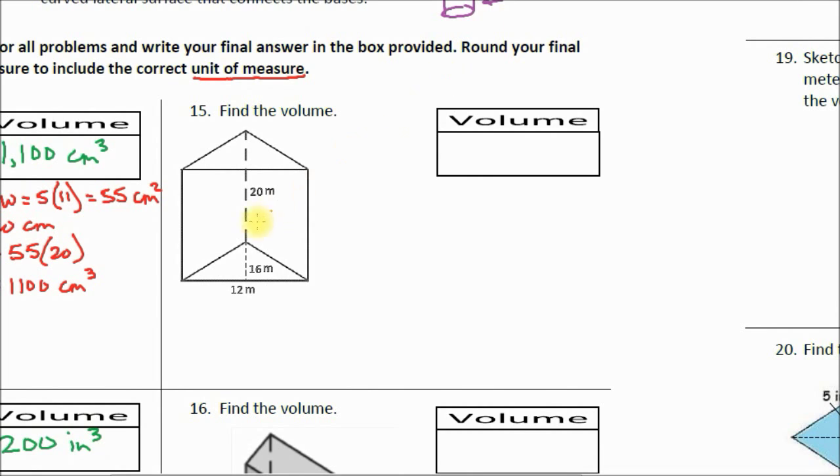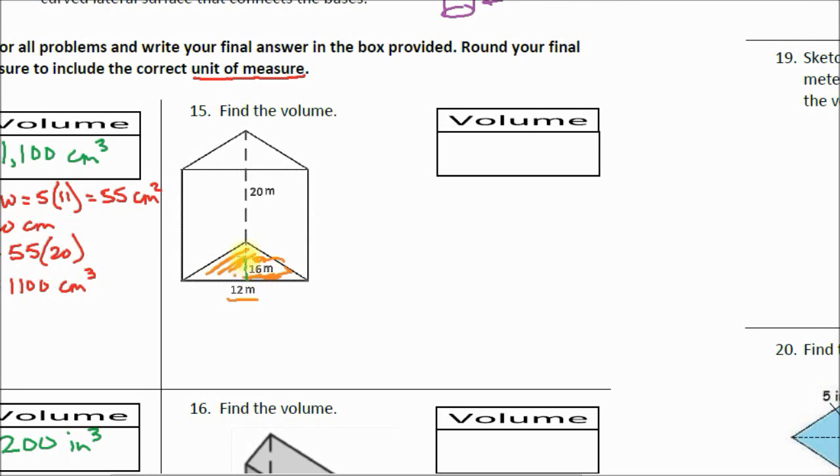Well, I recognize this to be a triangular prism. If it's a triangular prism, you must select a triangle as the base. So the base is here. I'll pick the bottom triangle as the base. That means 12 is one of our dimensions, length or width. And 16 is one of the dimensions that happens to be, if we look at this class, the